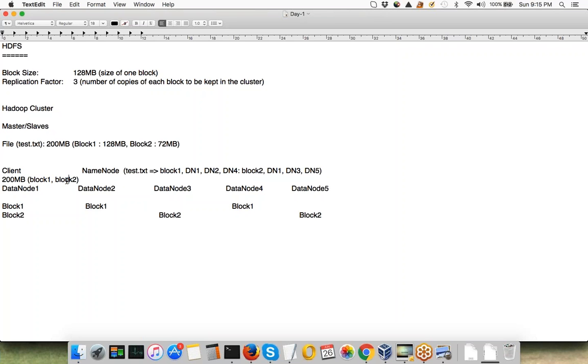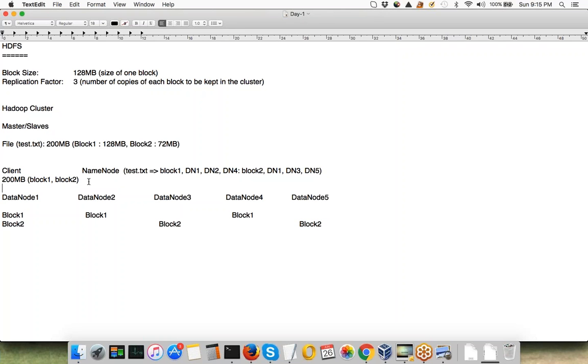Similarly, the client will write block 2 to data node 1, but data node 1 will write block 2 to data node 3, and after that, data node 3 will write the same block to data node 5, right? So what's happening here is, your client is writing the first copy of the block to a particular data node, and that data node will replicate the same block to another data node, and then that data node will replicate the same block to one more data node.